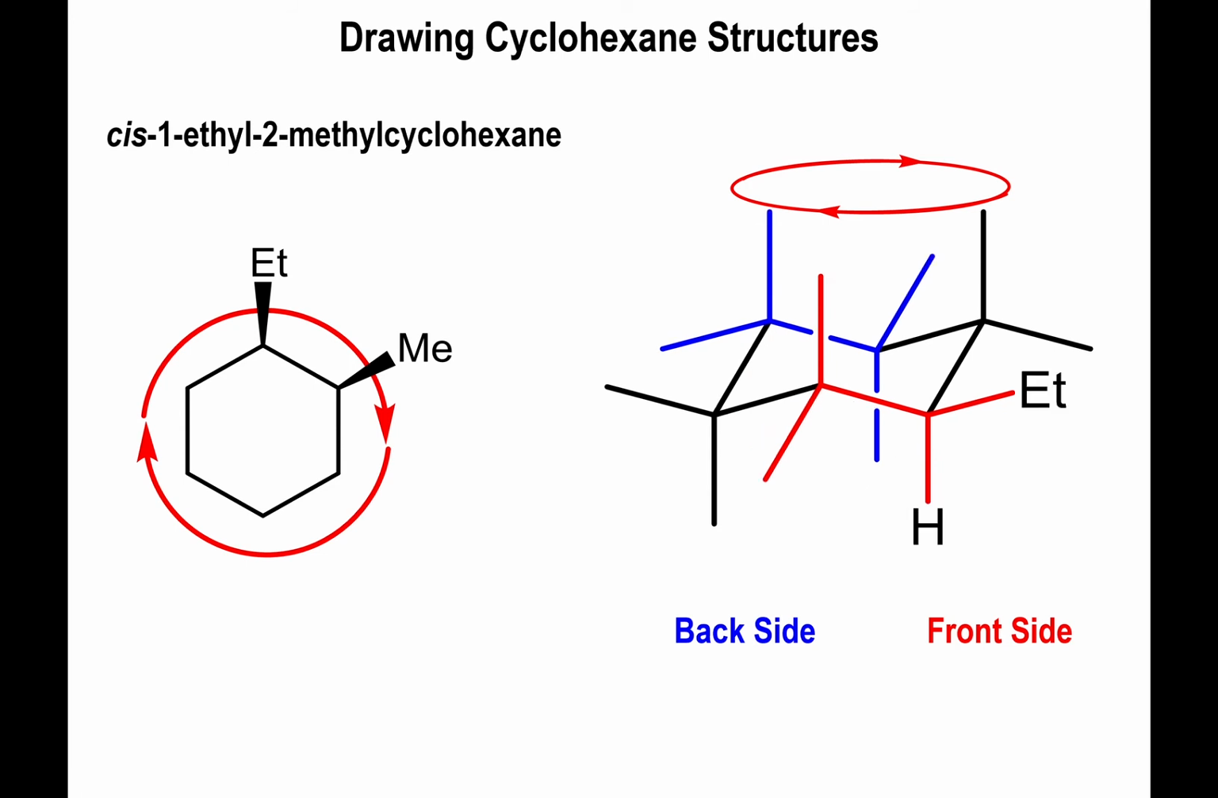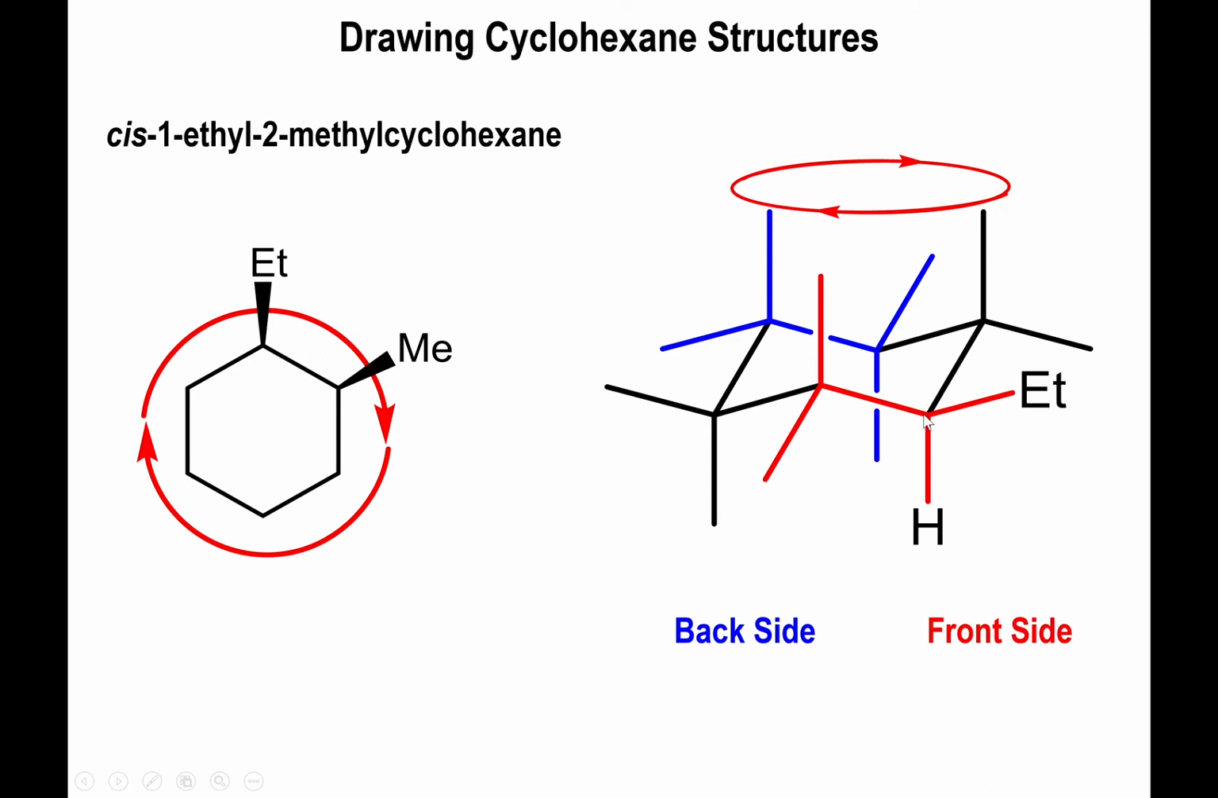All right, now just to give you another example, let's say that we picked the carbon right here to place the ethyl. Now in this case, the ethyl has to be in the equatorial position because that's the only way to have the ethyl group above the hydrogen, as it's required by the bold bond. Now, the methyl group is still at position 2, and we're still following this clockwise